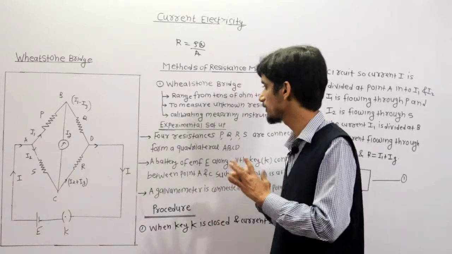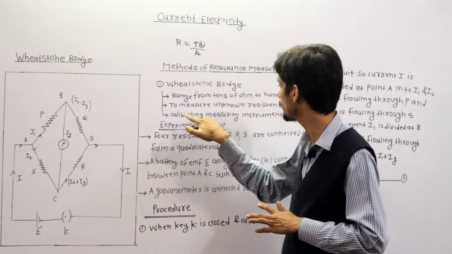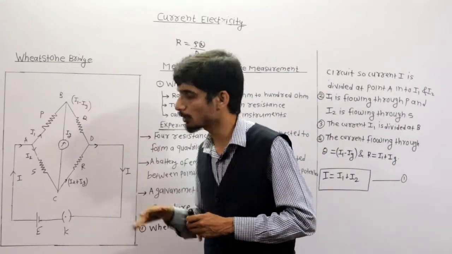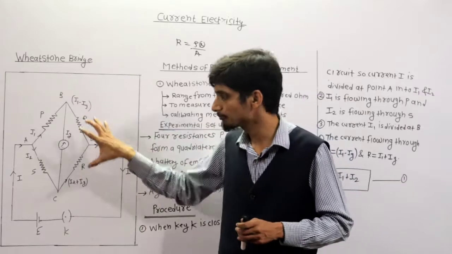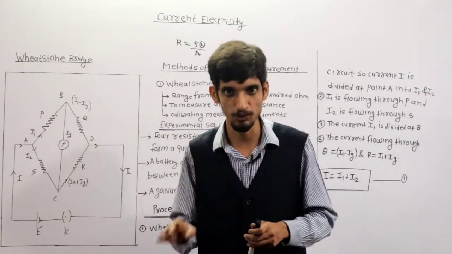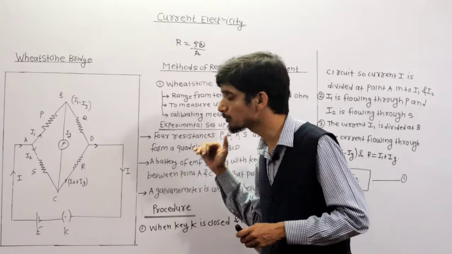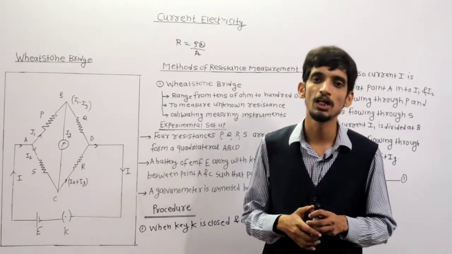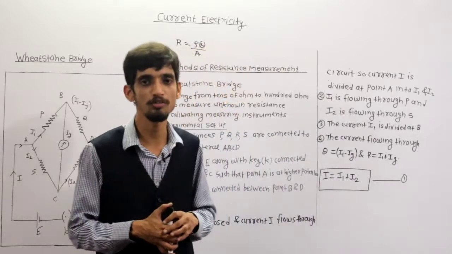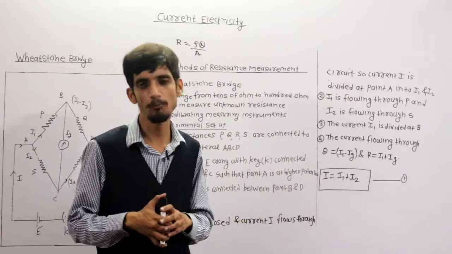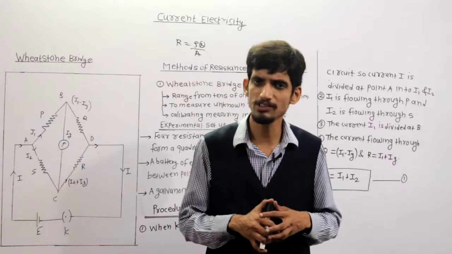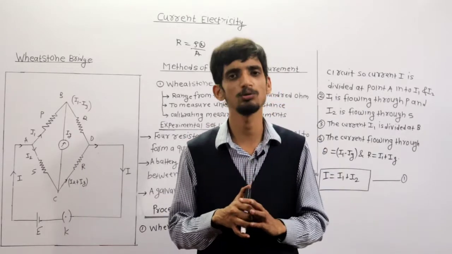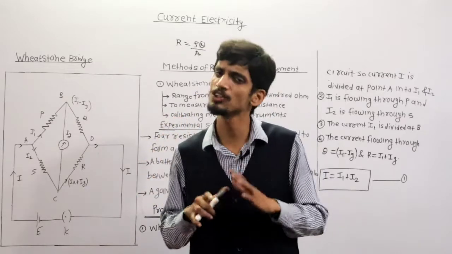Now in this particular topic, the important application is to measure unknown resistance. So I have divided this topic into three categories. First is the diagram. You have to draw a neat diagram of the Wheatstone bridge. Then you have to write down the explanation for the experimental setup of that Wheatstone bridge. Then the procedure that you follow so that the experiment is performed, and finally the derivation, meaning formulas and steps. These are the different steps that we have to follow while doing the derivation of Wheatstone bridge network.